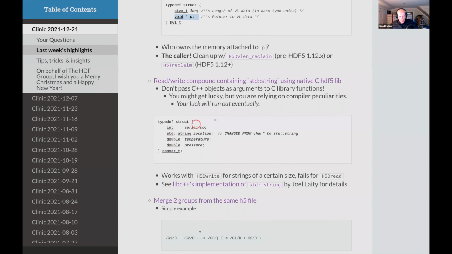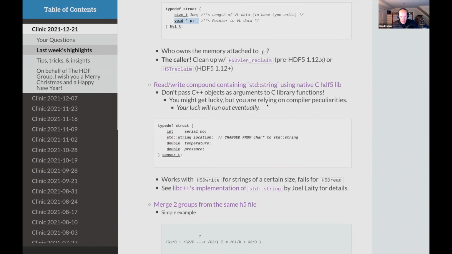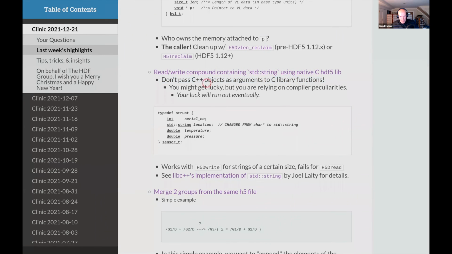And so just in general, I would say, number one, it's definitely a bad idea to pass any kind of C++ objects as arguments to C library functions. The simple reason is that how these C++ objects are represented in terms of their memory layout is completely at the discretion of the C++ compiler, and different C++ compilers do different things.